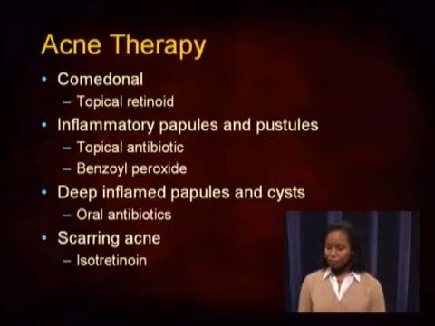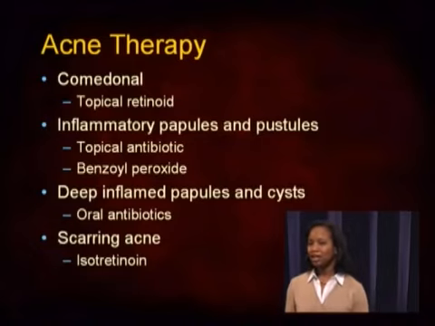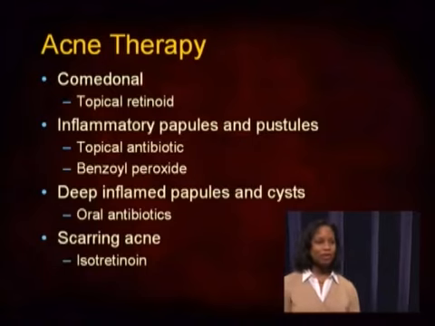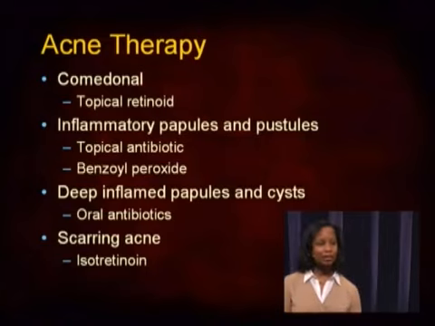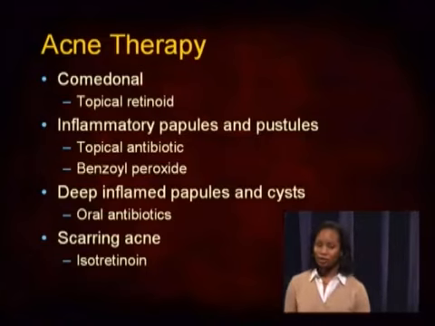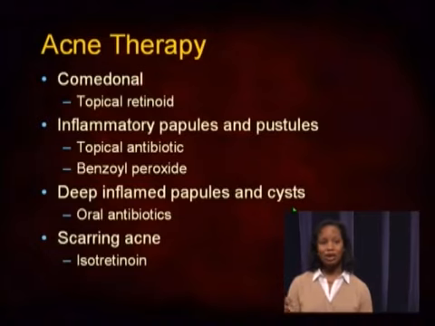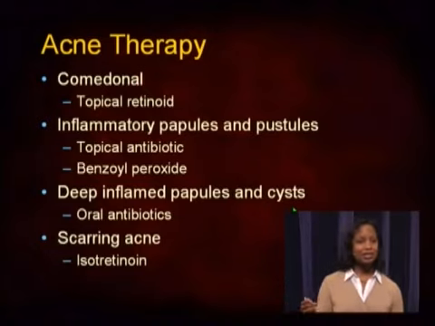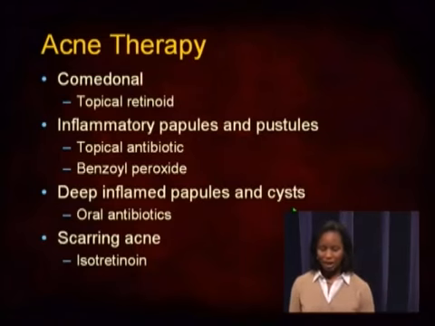So for the deeper inflamed papules and cysts, that's when you need an antibiotic that's used systemically, and usually using ones from the tetracycline family because they have very good anti-inflammatory capabilities. And then for scarring acne, systemic retinoids are required. And again, those cysts kind of fit down in there. The cysts can lead to the scarring. So when patients have a lot of cysts, then using a systemic retinoid again is going to be important, like